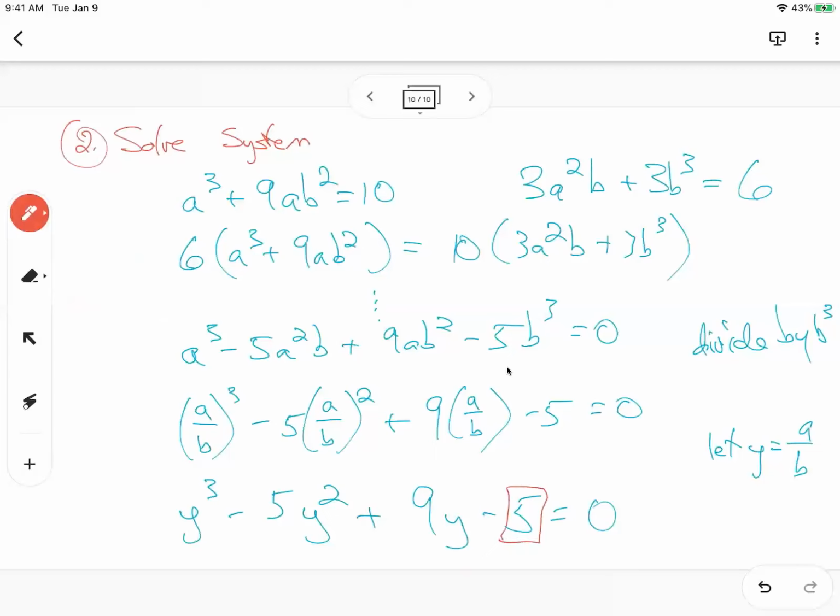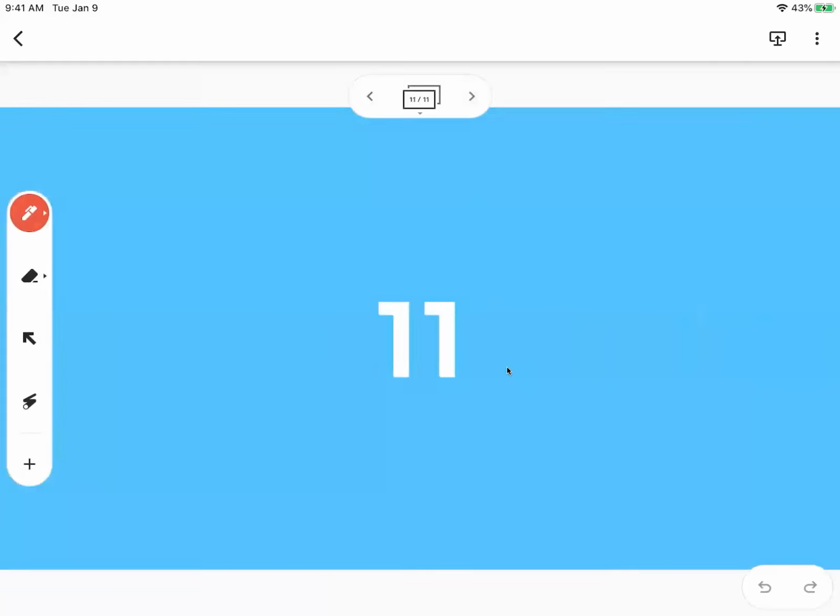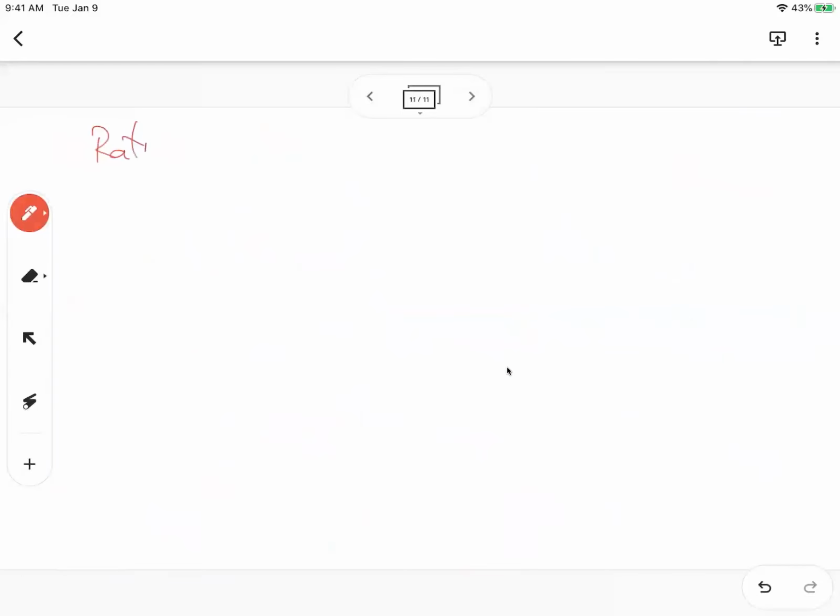Call this coefficient r, and call this coefficient, which as you can see is 1, call that s. And the rational root theorem helps us to see if there might be a rational root to a polynomial. It basically says there might be a root of the form r over s. So in this case, our r was